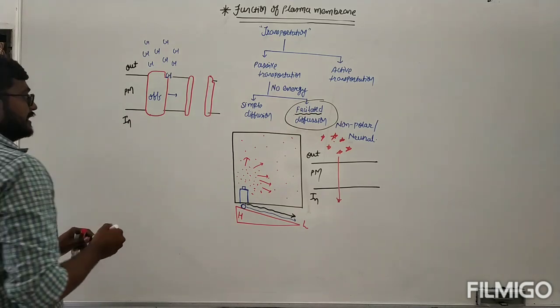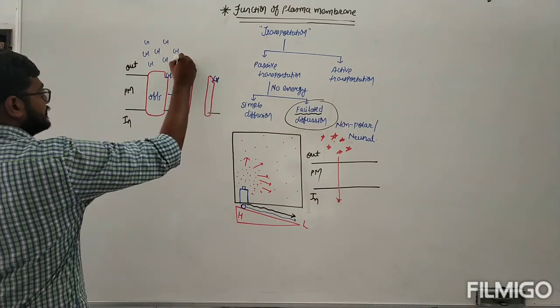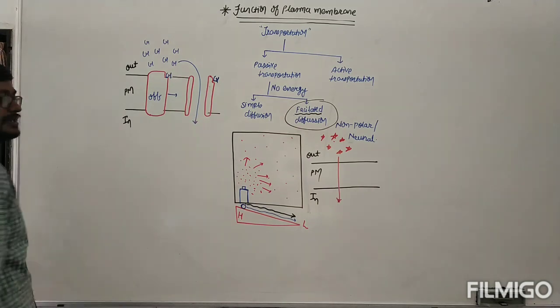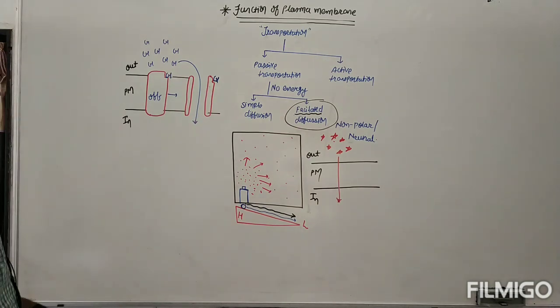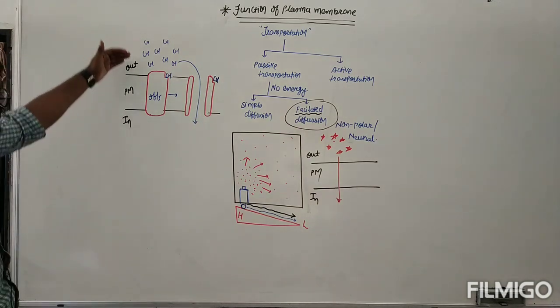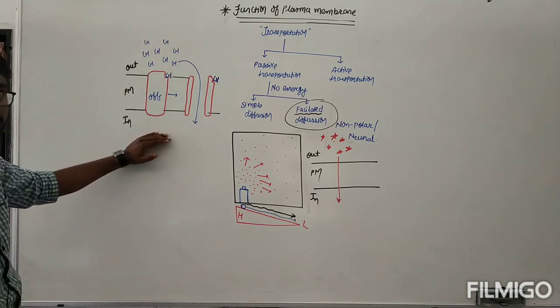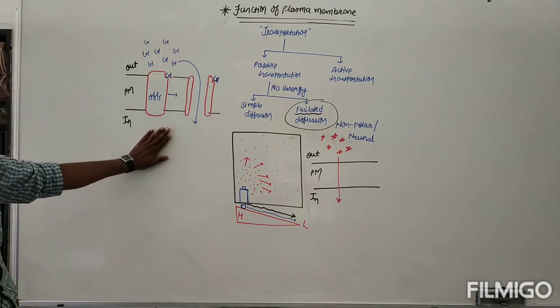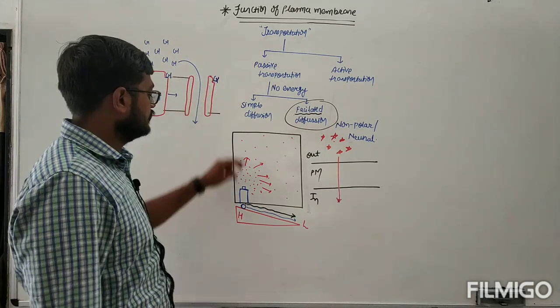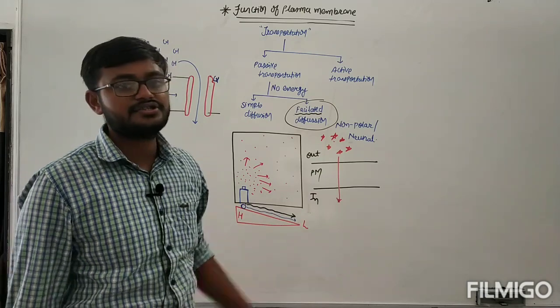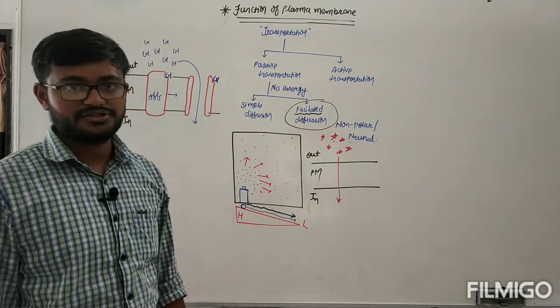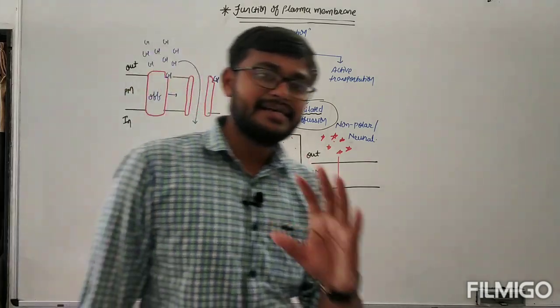Here you can see that the gate is going to remain open and these glucose molecules start moving inside. But see, it is also moving along the concentration gradient, from high concentration to low concentration. Always in passive transport, the movement of a substance is from high concentration towards low concentration. We can take a great example of it.